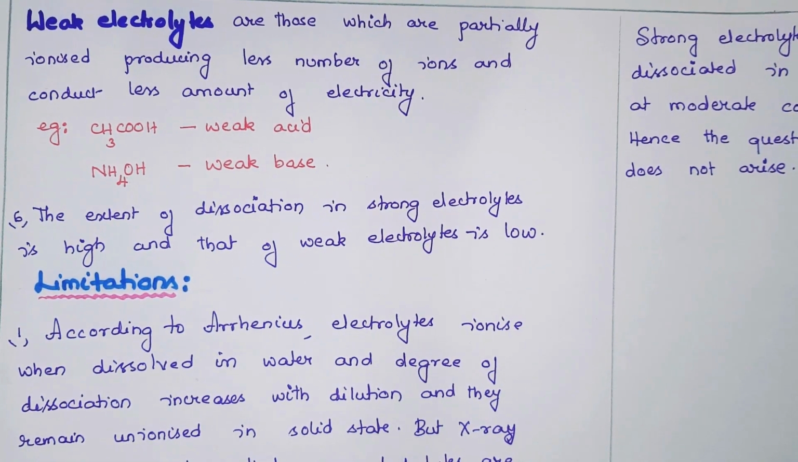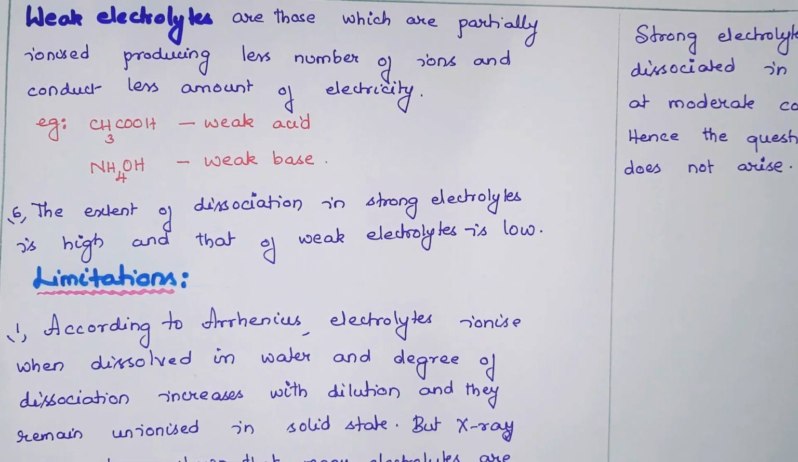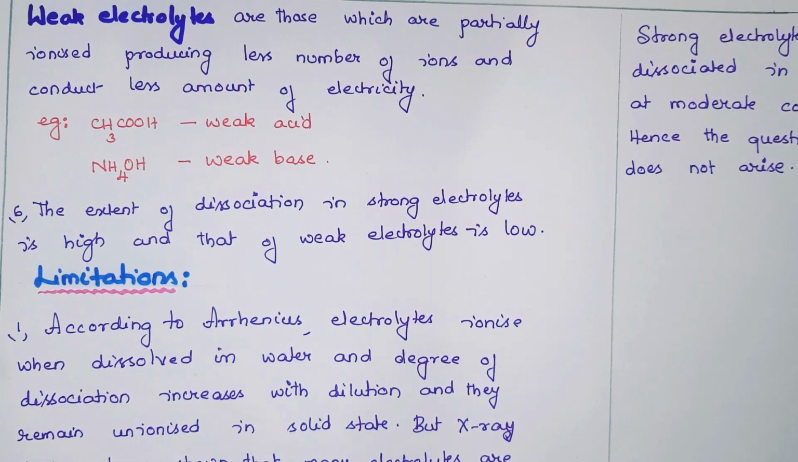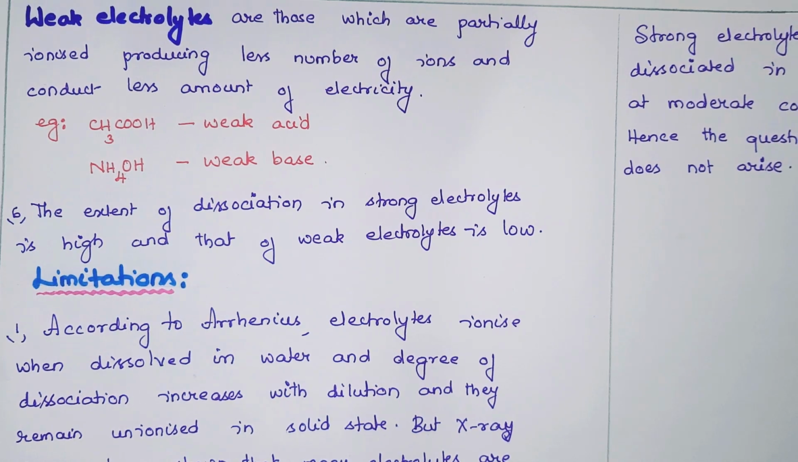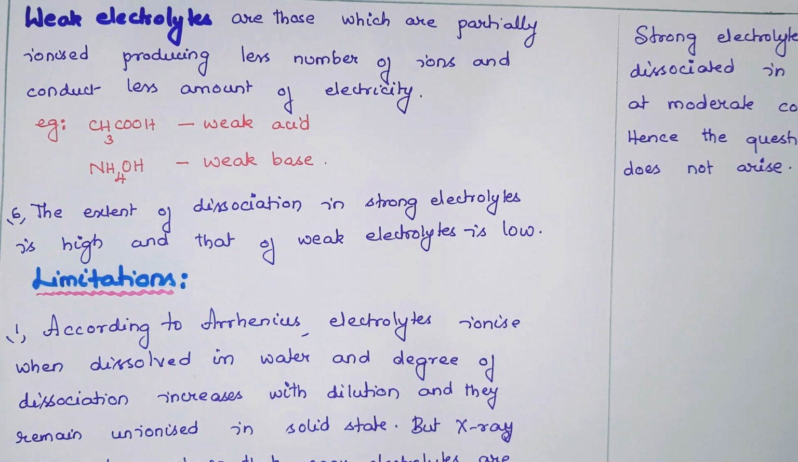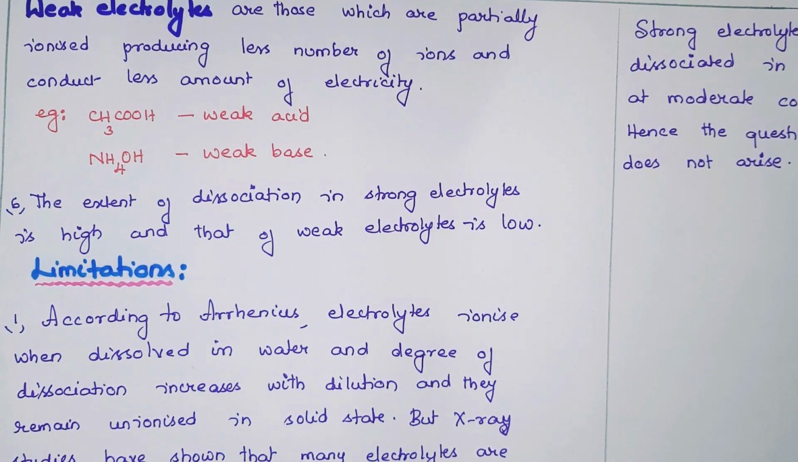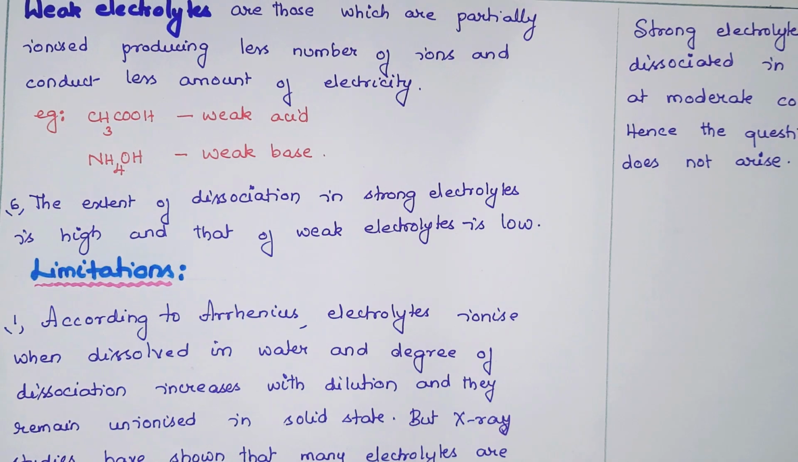And there are a few limitations of this theory, students. When you are asked this question, Arrhenius theory of electrolytic dissociation, you just cannot write all the 6 points and leave the answer. You should mention the limitations also, then only the answer will be complete. So there are 2 limitations under this theory. First one: